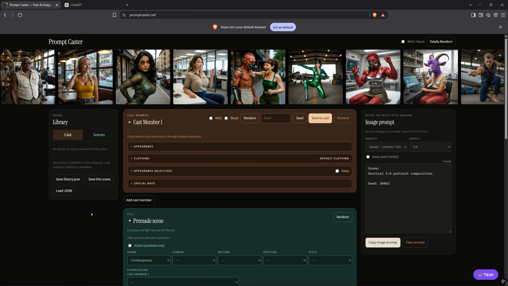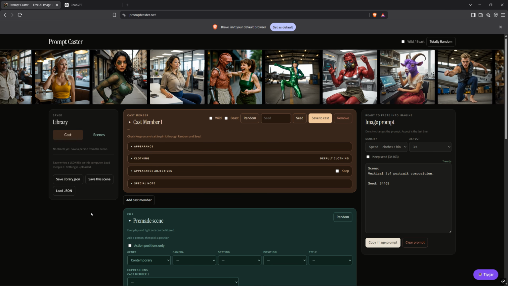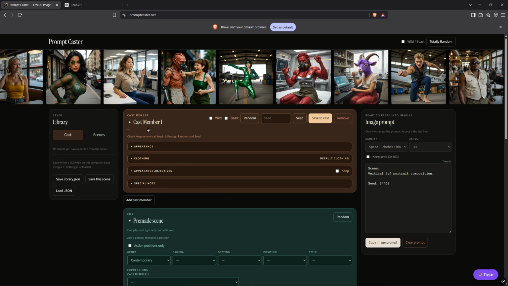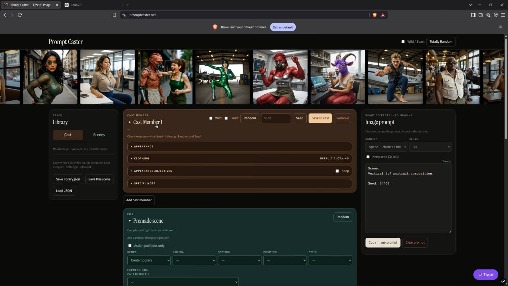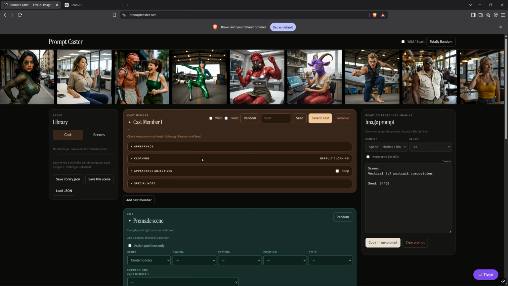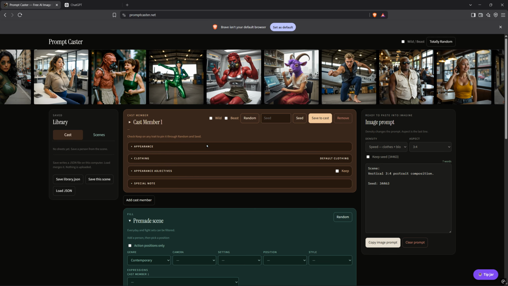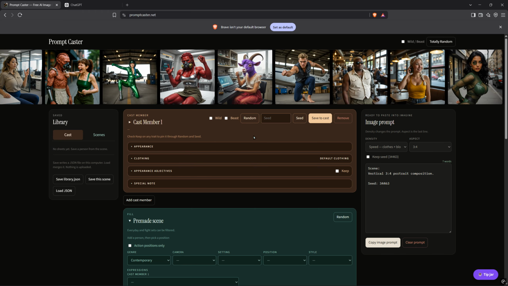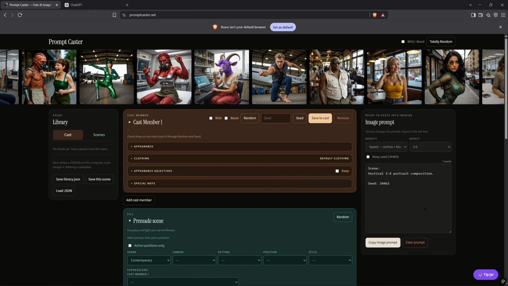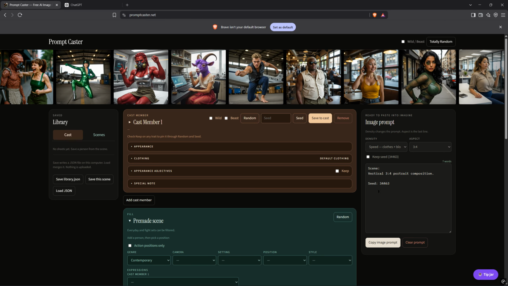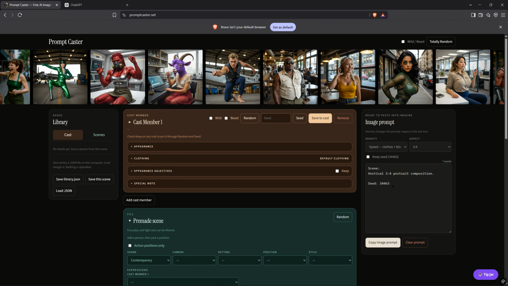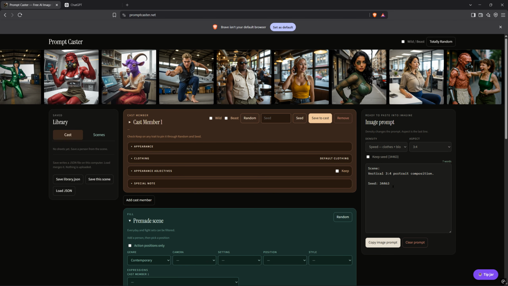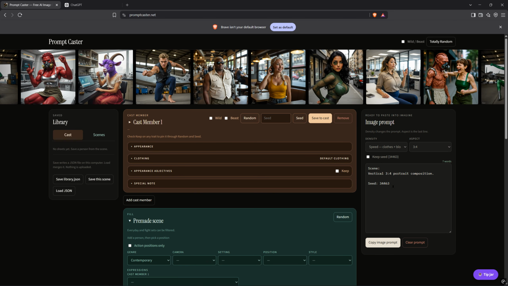I'm going to get to the nuts and bolts a little bit to start off with so you understand what you're looking at. This brown section is for a cast member. As I fill out a sheet for the cast member, much like creating a character in an RPG, you'll see that it starts populating this prompt. The prompt for advanced AIs, in this case, the best one is Sol 5.6 for ChatGPT,